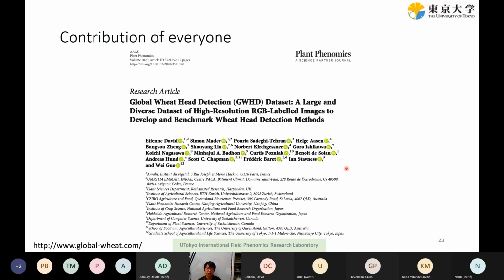So you won't get a globally good model for the task, right? So the idea, the concept of this paper is to bring everyone's power together to build a big and diverse enough dataset with all the international communities to try to make a good